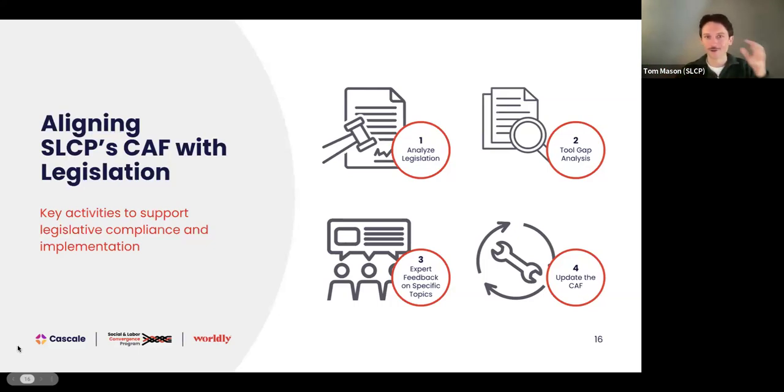So we're not going to start going into details in the FSLM about environmental or scope 3 emissions or something, because that's not what the tool is designed for. However, legislation will still ask for that information. So you can turn to tools like the FEM to support you with that. So there's different ways to look at the gaps and understand what our role is and to be able to fill that in. The third step we take is to seek expert feedback, particularly on specific topics that require thematic or topic experts.